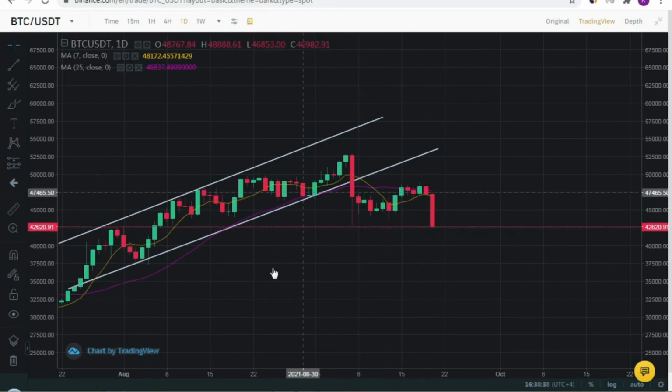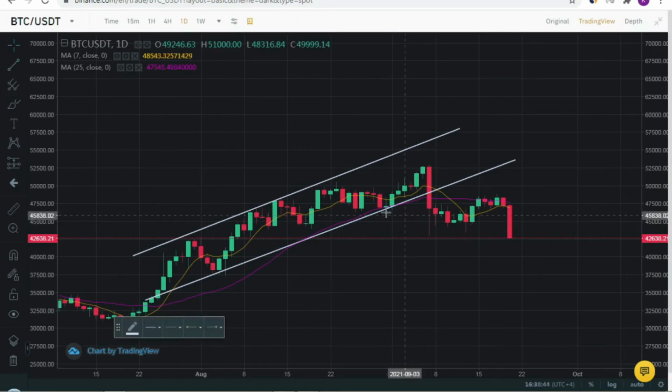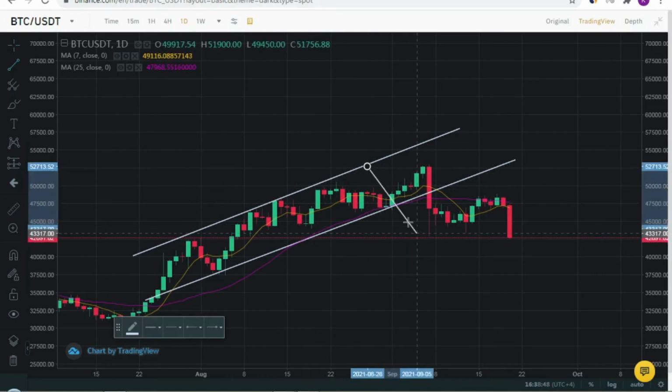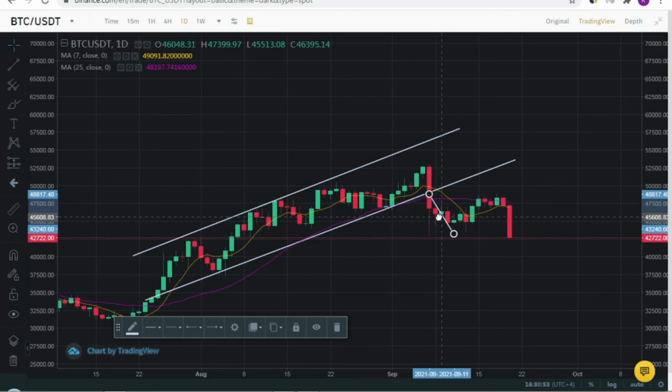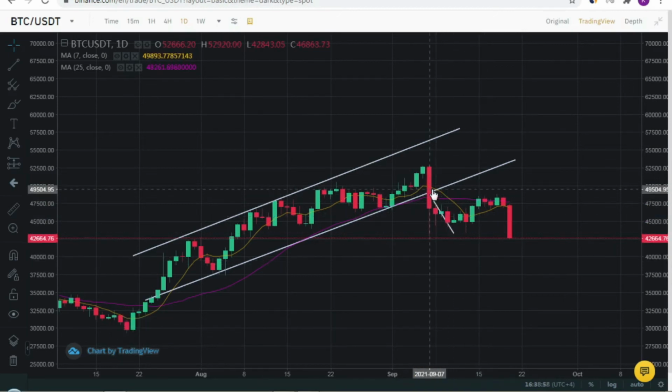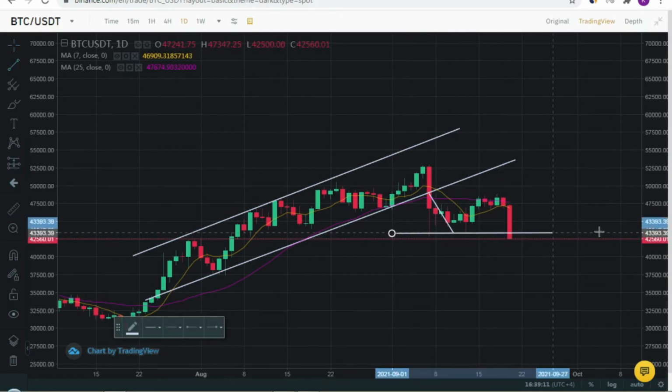So here, what do we see? We see that the price moved from here to here, so we can count like this, this is the widest part of our triangle, so we know that the price will go like this. So from here, from this line, the price had to go down here. Do you see that that is exactly, somewhat exact here? So here we can draw another line here like this,